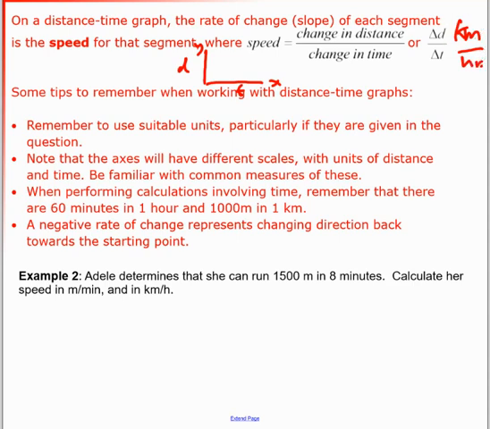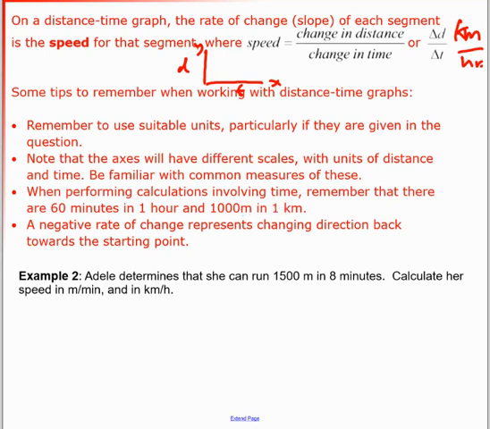So some tips to remember when working with distance time graphs. Remember to use suitable units, particularly if they are given in the question. So if it's kilometers, hours, use those. If it's meters and seconds, use those. Note that the axes will be different scales with the units of distance and time. So not necessarily going to go by ones. Often our distances will be scaled quite higher than our time. Be familiar with the common measures of these. When performing calculations involving time, remember that there are 60 minutes in every hour. There's 1,000